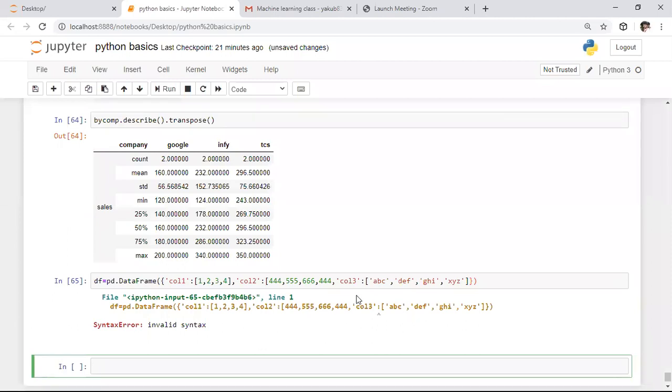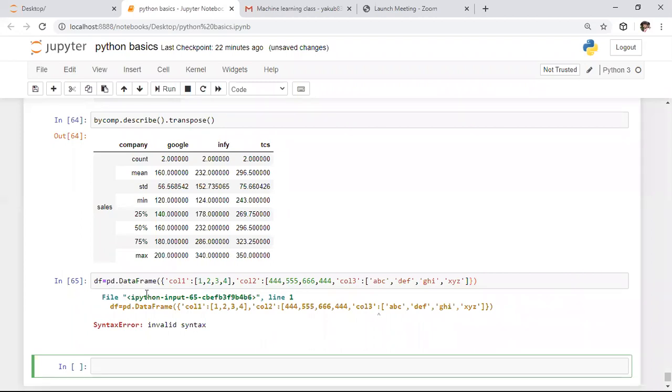Invalid syntax. Which mistake did we make? So here we are creating the data frame.